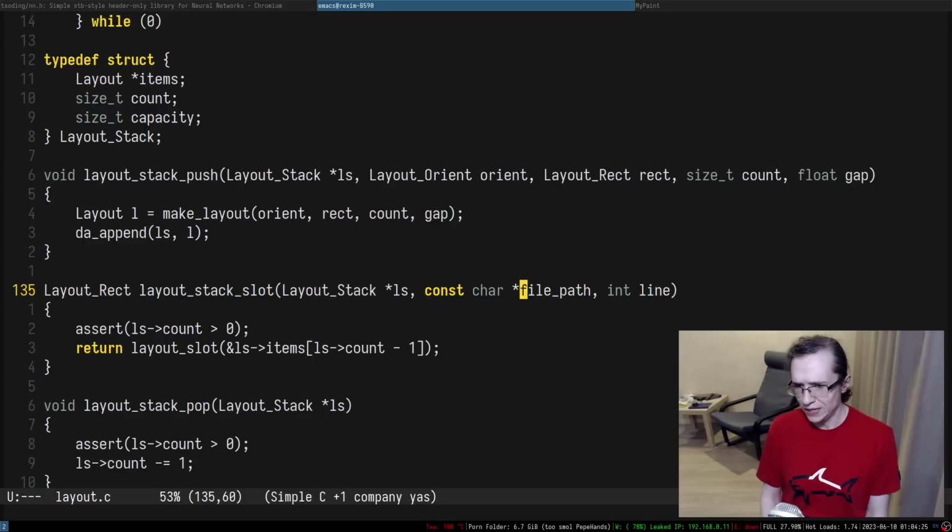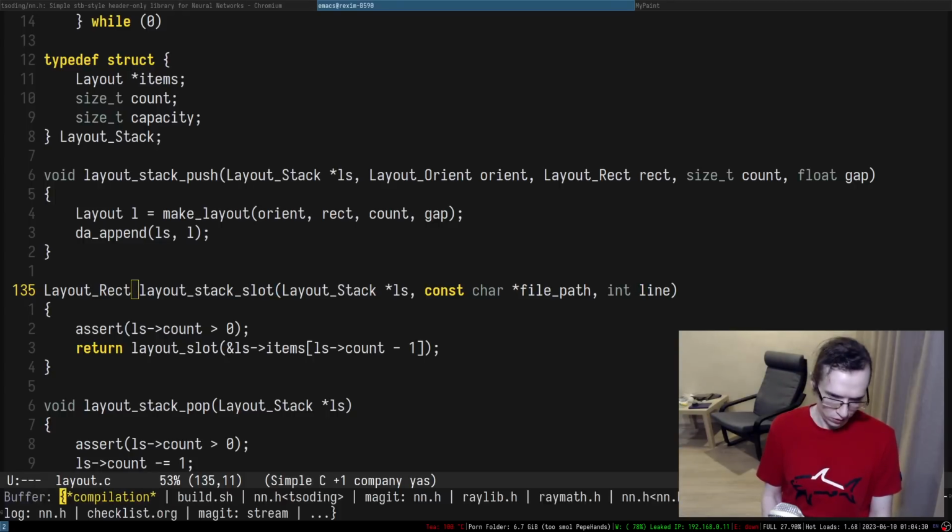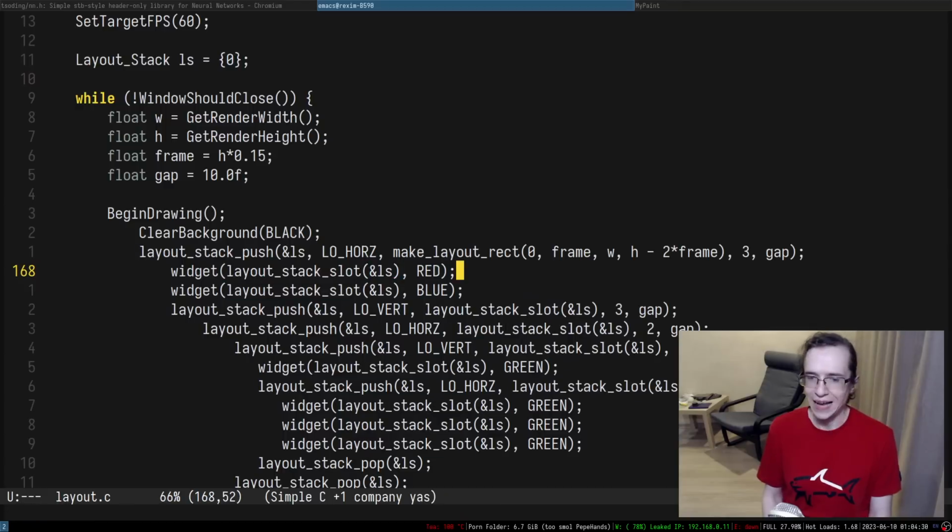But you don't want to provide it on each individual line. It's tedious. There are special macros that allow you to automatically grab the file path and line. You don't want to pass this stuff every time.